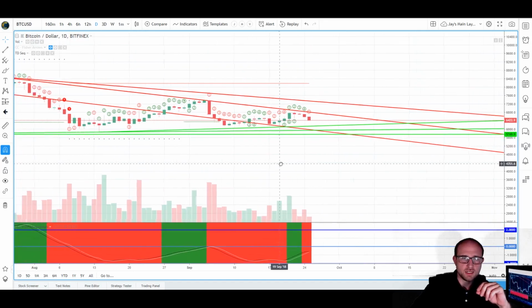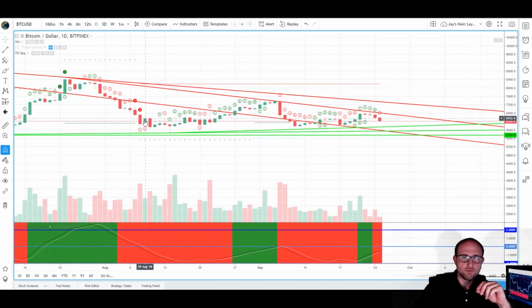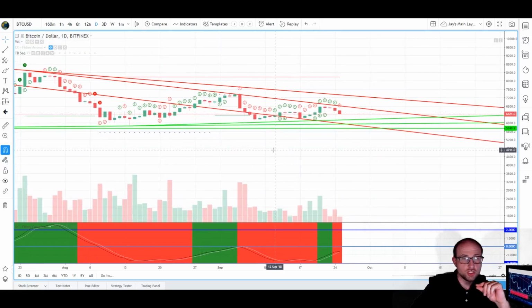Our risk line right now for where we're bearish, if you entered on a bullish entry on this 9 count to the downside, is right here at 55.31, which I do have a suspicion will be broken just based on what I'm hearing in the rumor mill and also my TA of the current Bitcoin market.